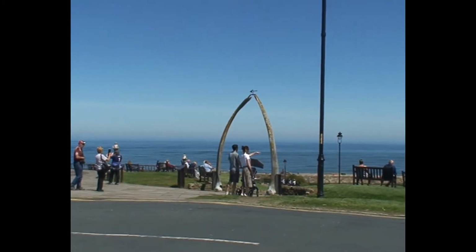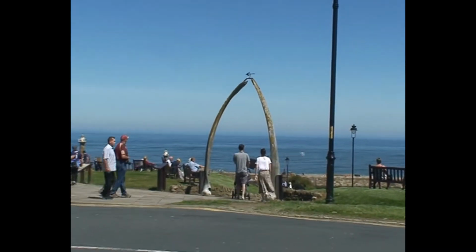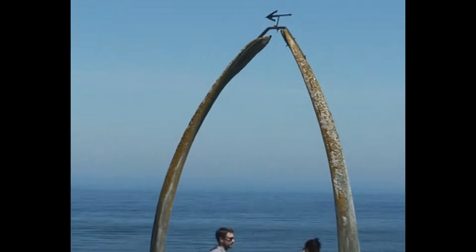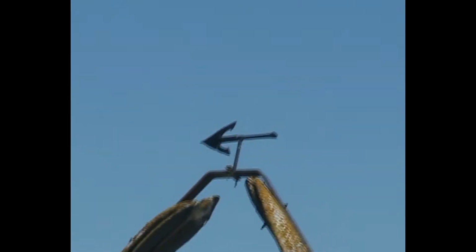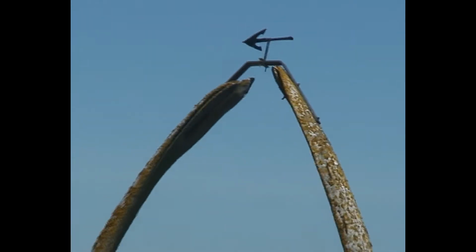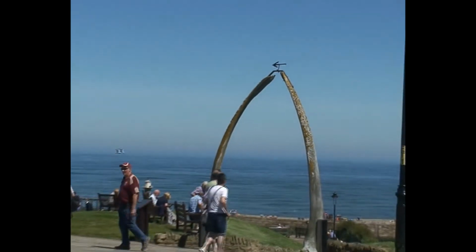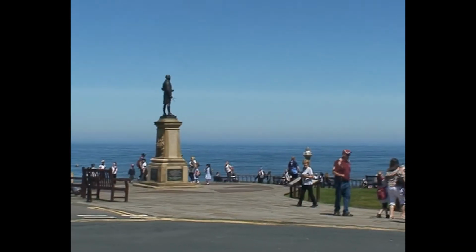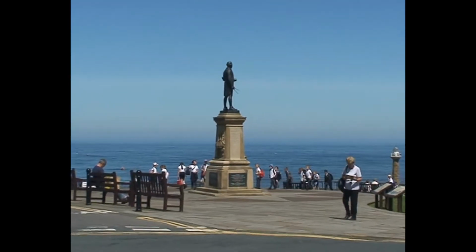Okay, well here's the whalebone arch here, and if we zoom in, it looks a bit battered, to be honest with you. There it is there, and if you zoom in you might see how battered and worn it looks. That's the whalebone arch there, at the top, with the arrow pointing out to sea. And if you pan round to the left, there's Captain Cook's monument there. So there's Captain Cook